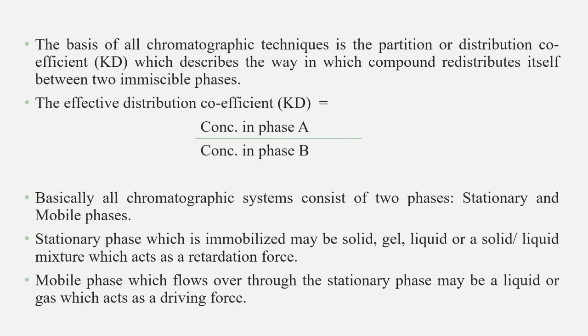So what happens here? The mobile phase travels over the stationary phase and carries along the components we want to separate. The distribution between the stationary and mobile phase is different for different components, and even for closely related components, like different types of hemoglobin: HbA, HbA1, HbF, fetal hemoglobin, and so on.